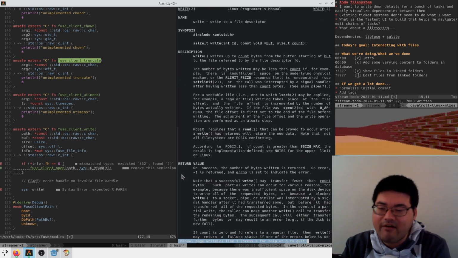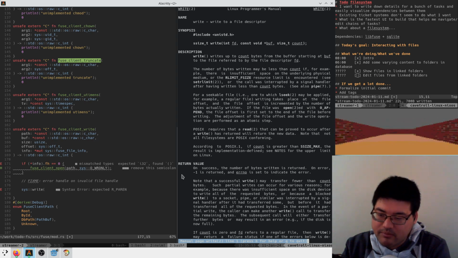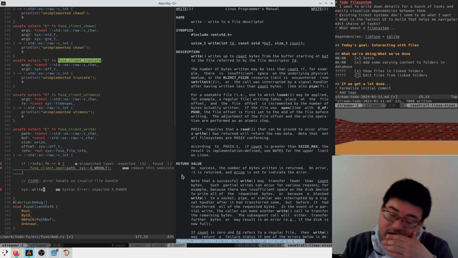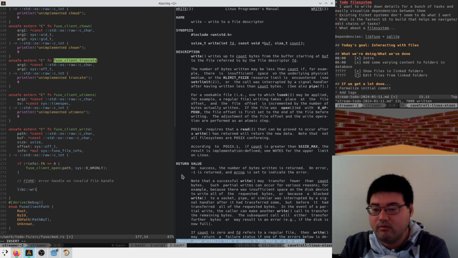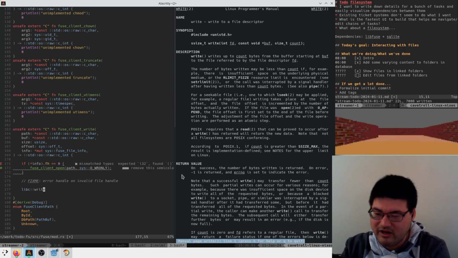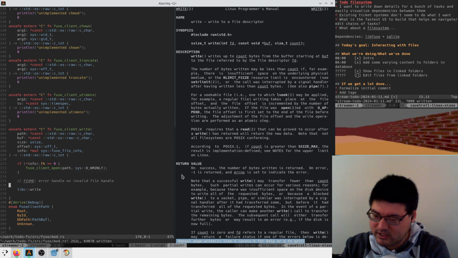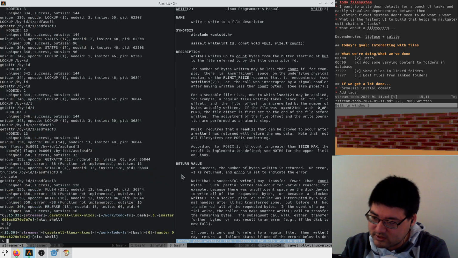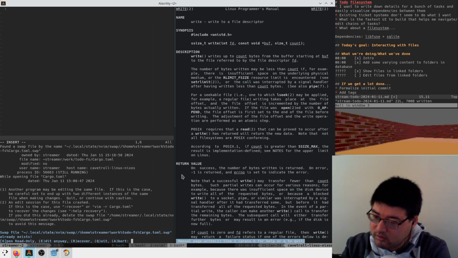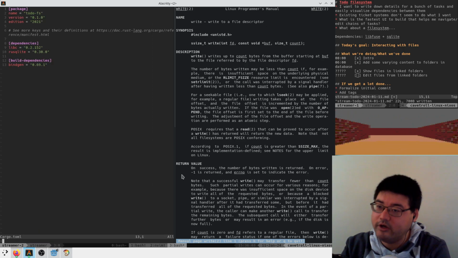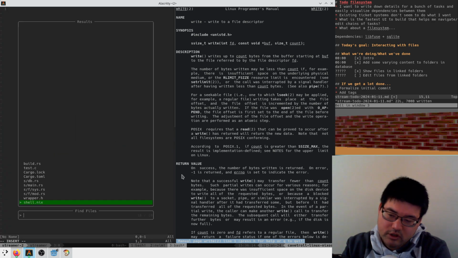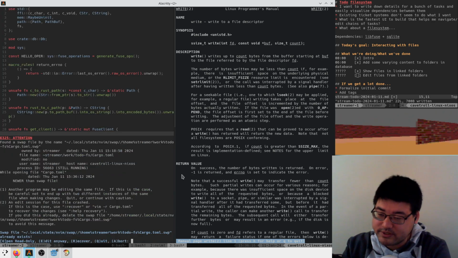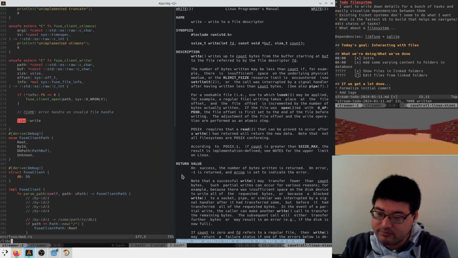So how come half of the stuff from the standard library is pulled in here, but the other half isn't? Okay, whatever. libc write. I should have libc in here. I thought I had libc as a dependency. Oh, I don't. Cargo add libc. Okay. Let's try again. So we go here and somewhere we try to write, libc write,